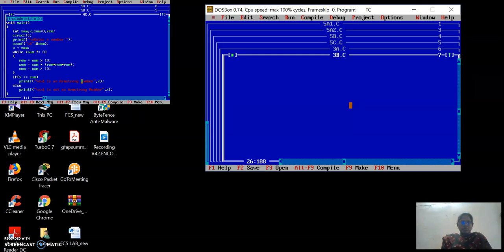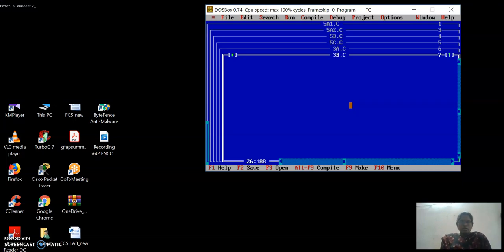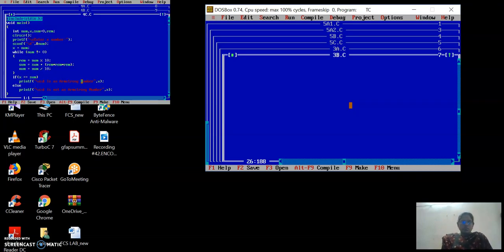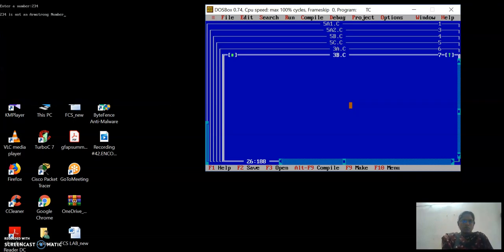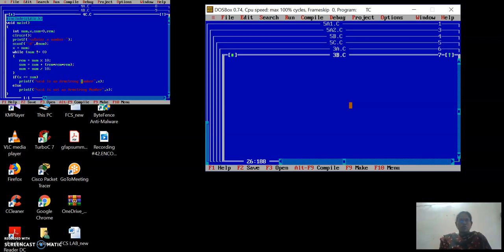Another number I will give, some 234. This is not an Armstrong number. Why? Because 2 cube plus 3 cube plus 4 cube is not equal to 234. What is 2 cube? 8. 3 cube is 27. 4 cube is 64. So it is not an Armstrong number. So this is about your task 4.